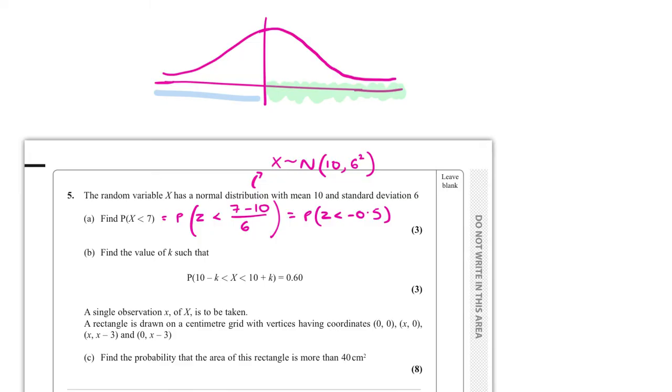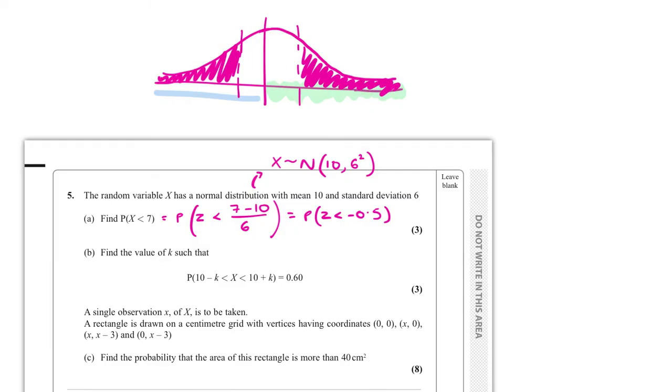Negative 0.5. Yeah, it would be on the left, roughly. I'm going to say here. Okay, so using symmetry, I know that if I find the positive value, okay,